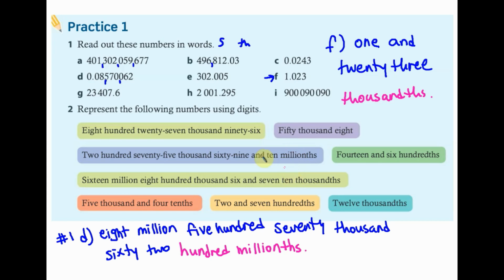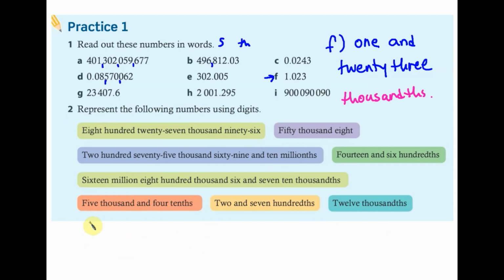And for more practice, let's do it backward. Now we are going to do number 2, represent the following numbers using digits. In this case, we are going to determine the place value name with the greatest value given in the number. This tells you how many places you will need and fill in the blank with the numbers that they give it to you. So for example, this first one is saying